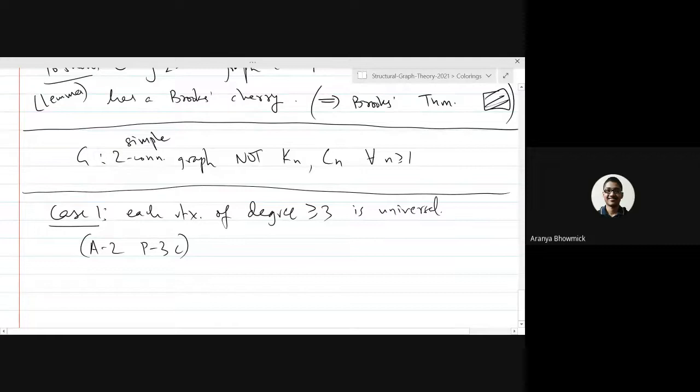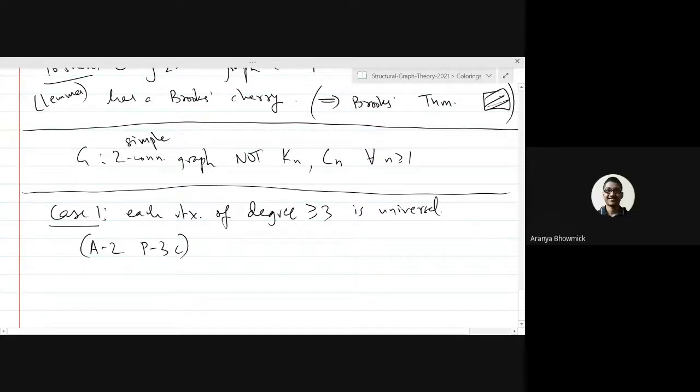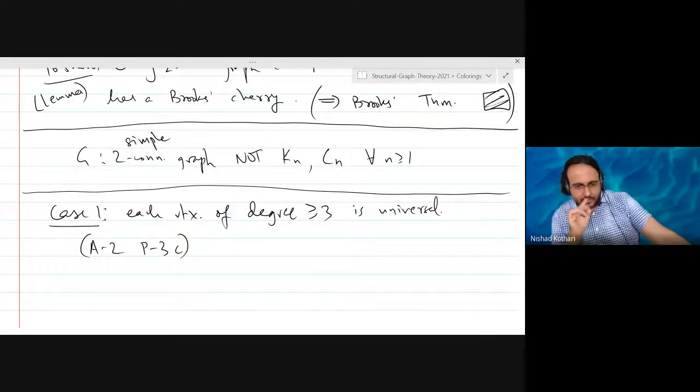So basically every vertex has degree either 1, 2, or n minus 1. But we don't even need that, we'll just directly use the result. In assignment 2, problem 3, part C, you characterized all such graphs. You got the complete graphs, you got the cycles, but we know our graph is not a complete graph and not a cycle. So it has to be the third possibility.